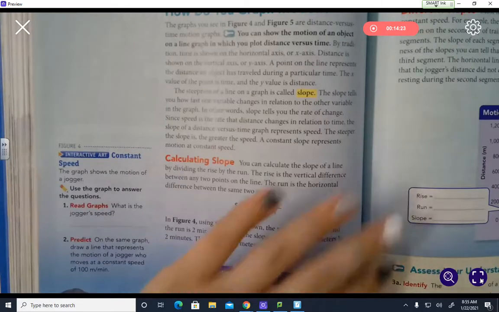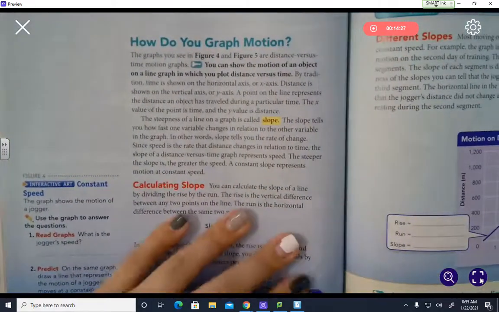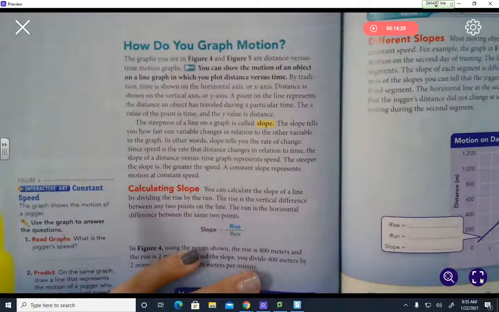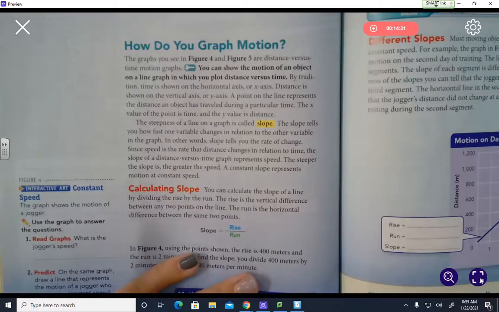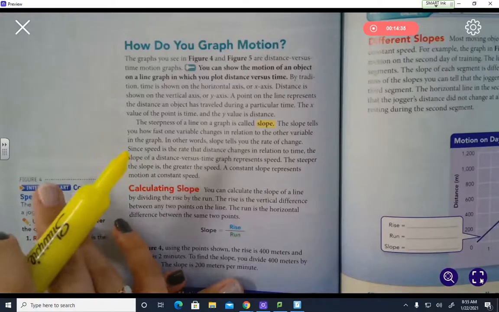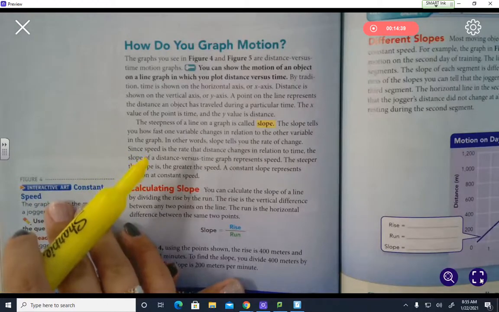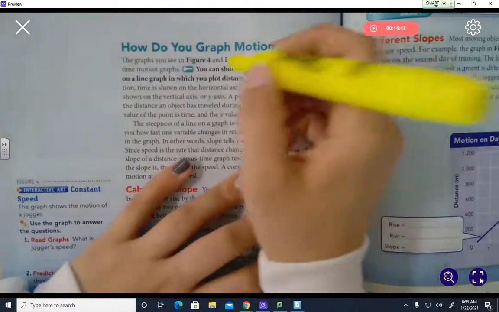So let's read and highlight and find the information that we need to know. How do you graph motion? The graphs you see in Figure 4 and 5 are distance versus time motion graphs. You can show the motion of an object on a line graph in which you plot distance versus time. I want you to highlight that,